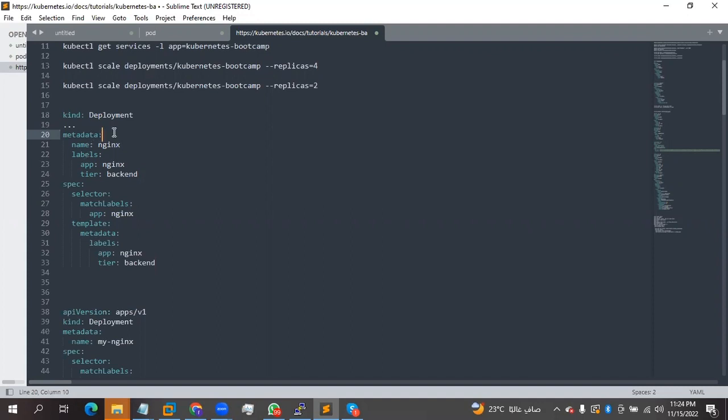So now, look at this. You can see this is the key, but this particular object actually has different properties. You know, it's expecting name, it's expecting labels. Look at it, labels still have two different properties under it, which is app and